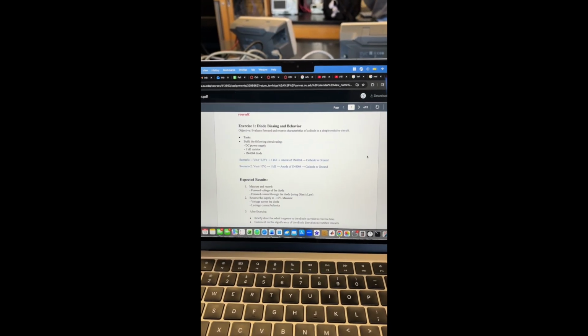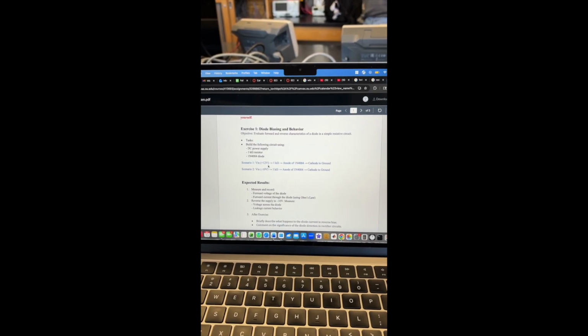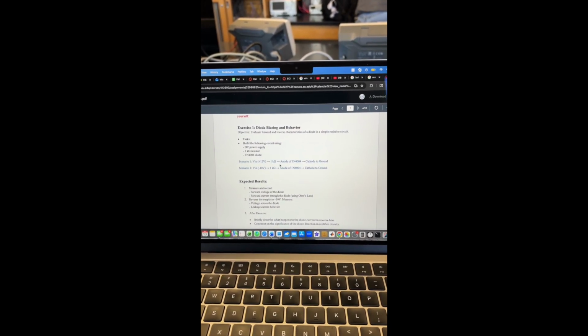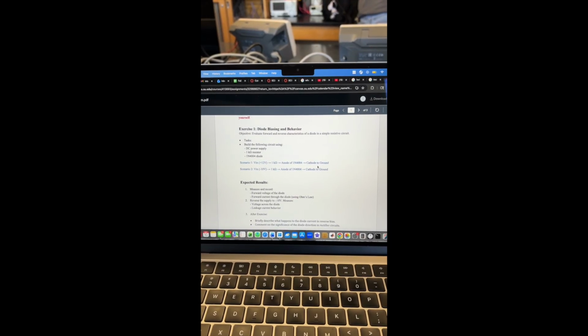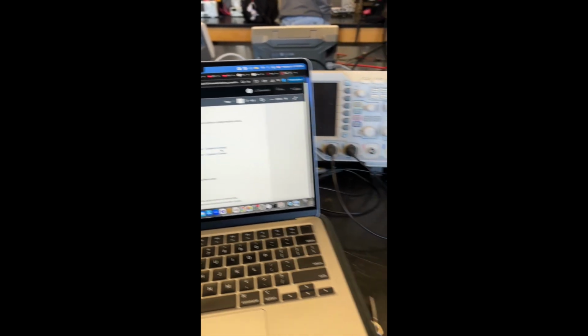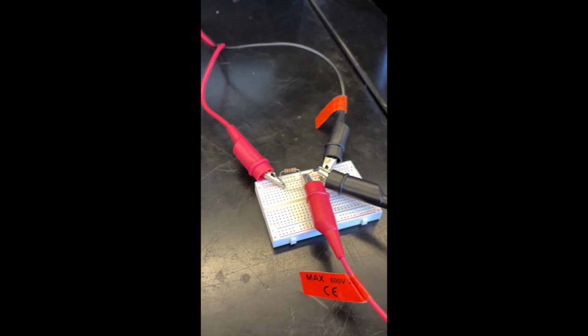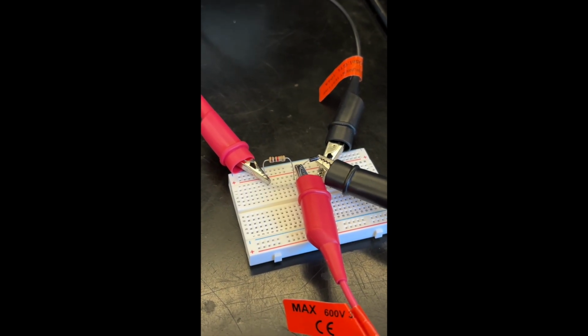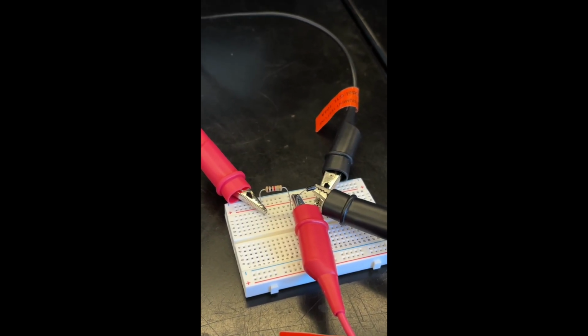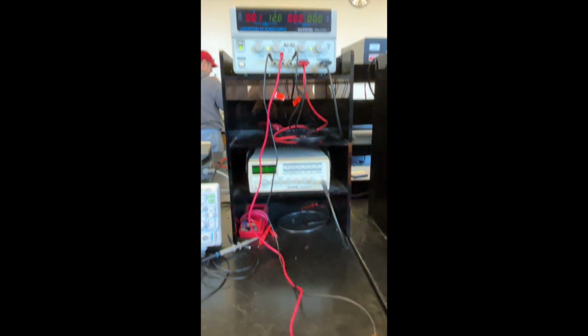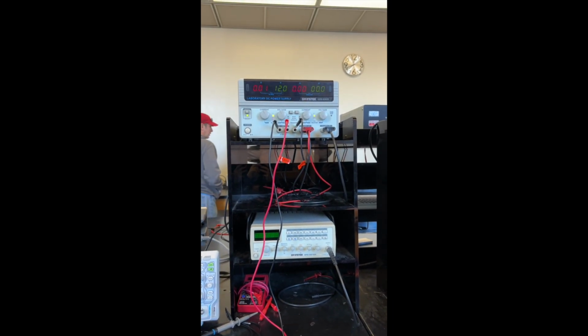Right now I'm on exercise 1, where we're supplying positive 12 volts through a 1 kilo ohm resistor, through a diode, and then connecting the diode to ground. So I've constructed that right here. I have my 1 kilo ohm resistor and my diode, and I'm using my DC power supply to give it